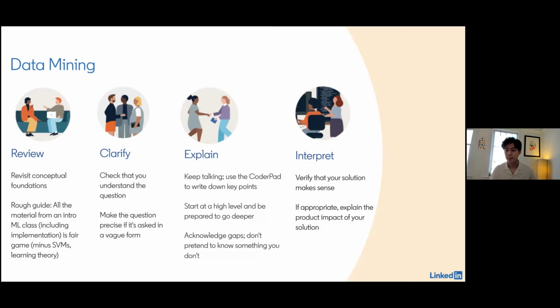So if you've talked for a while about the details of a particular model, it's always good to connect those details back to the high-level problem that you're actually being asked to solve.